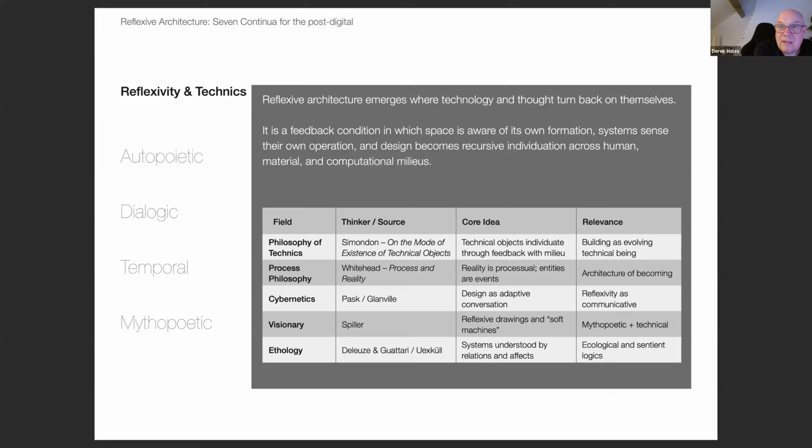And then there's an ethological position, and this is obviously a very shorthand way of describing the core idea, but that idea of capacities and affects and the ecological line that runs through some of this discourse